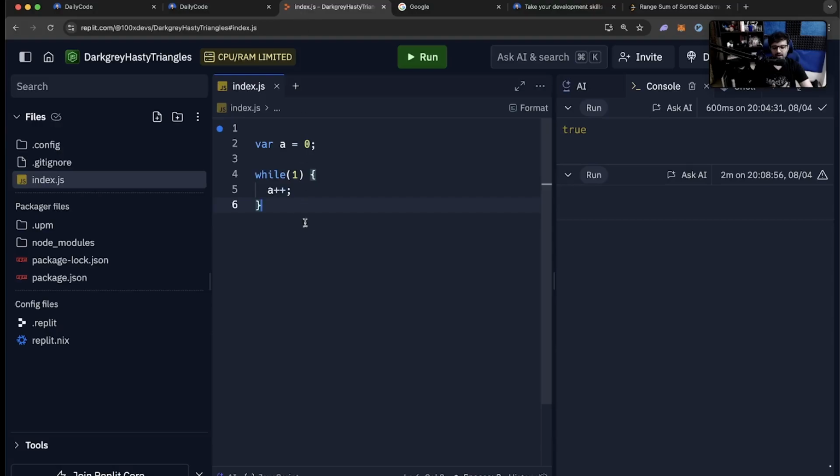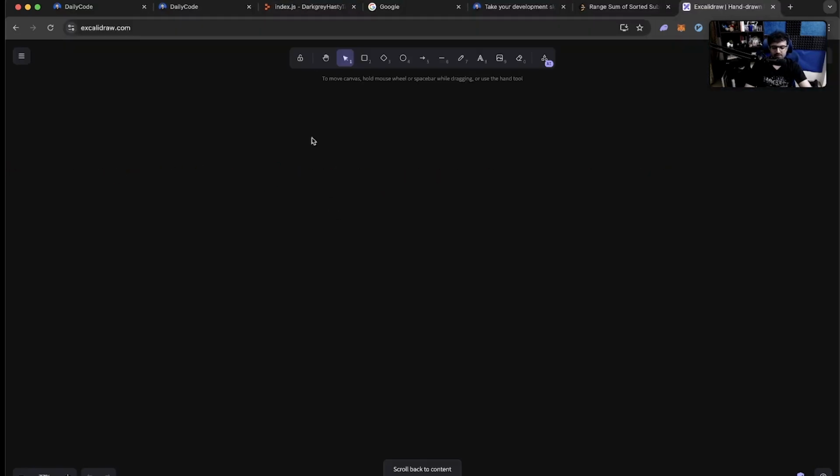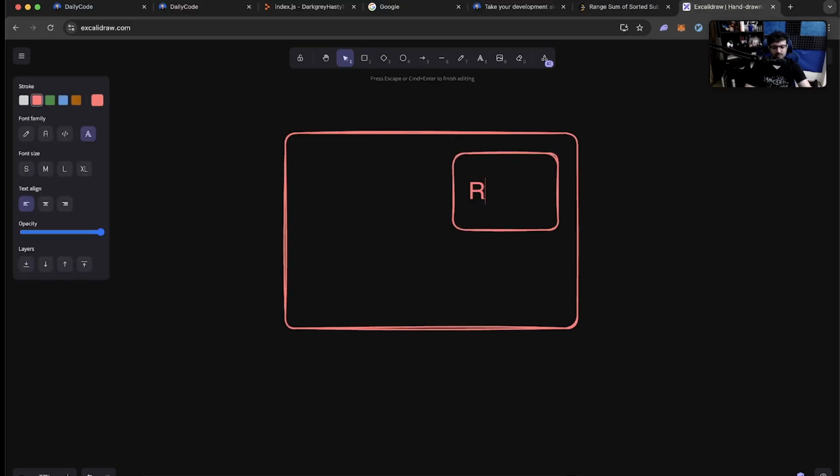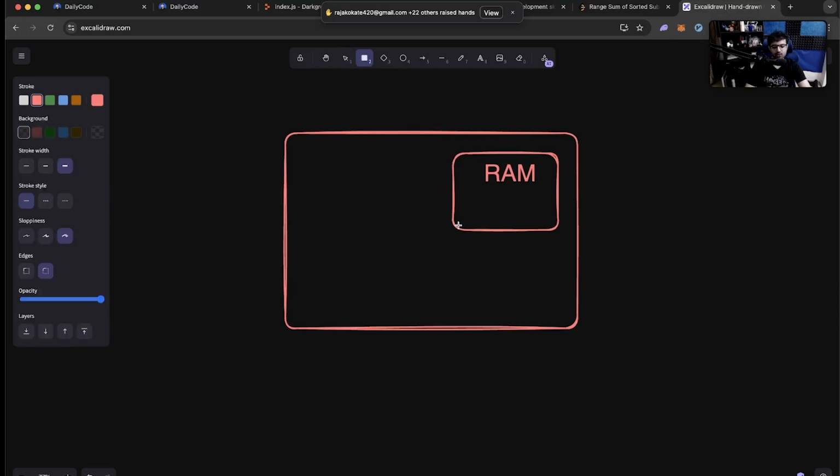Basically, whenever you're writing code, for example, I've written this code, this variable is stored somewhere in memory, somewhere in RAM. Storing data in there, changing data in there, removing data from memory is what's called garbage collection, or memory management more specifically. I repeat, whenever you run any C++ code, Node.js code, Java code, your machine has something called the RAM, random access memory, where your program actually runs.